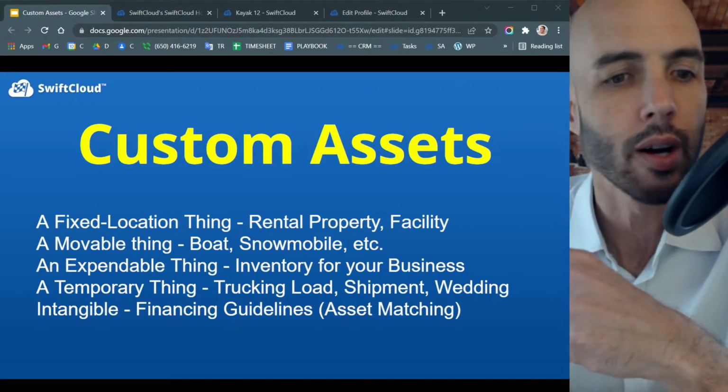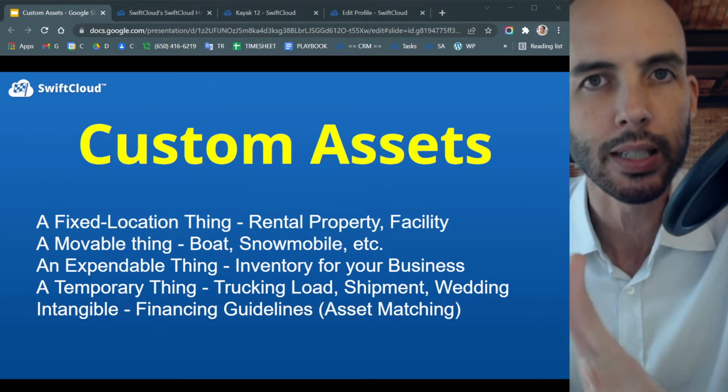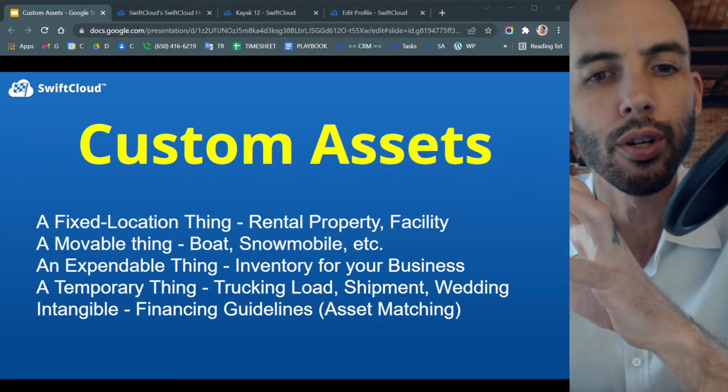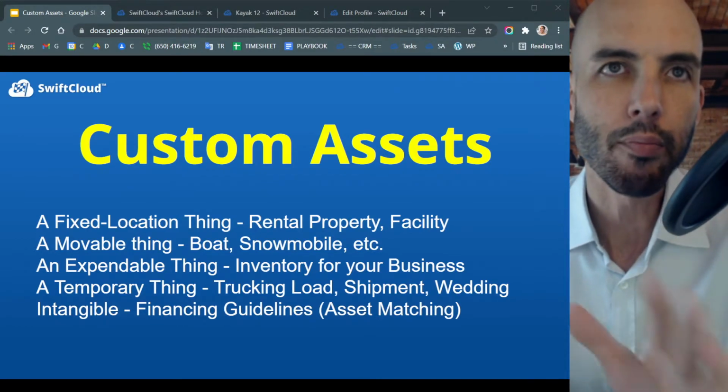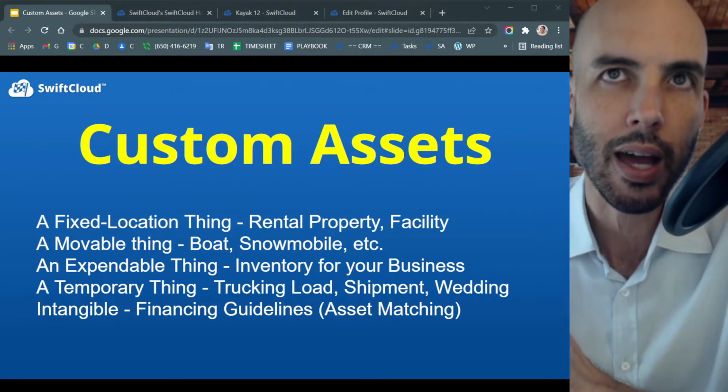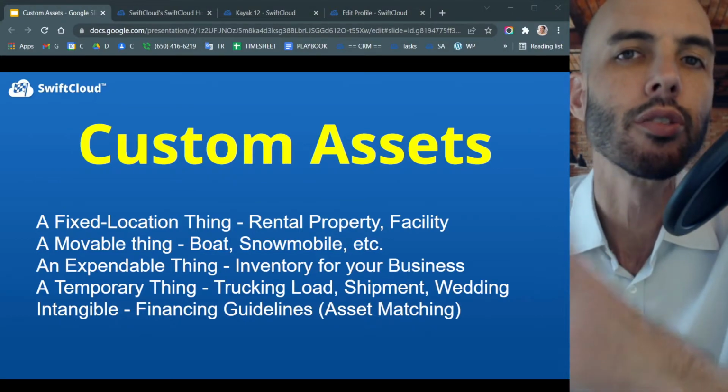So let's say that you run a hedge fund or private equity or something like that. And then what you could do is you could track as a custom asset. This isn't to diminish that, but basically by using custom assets, you've got certain things you can do other than